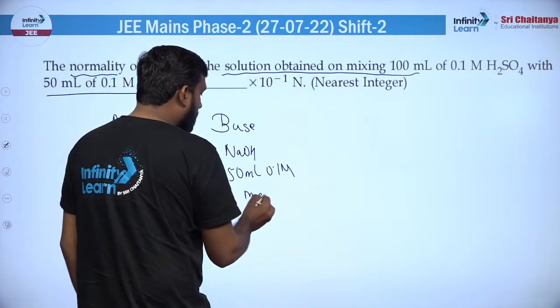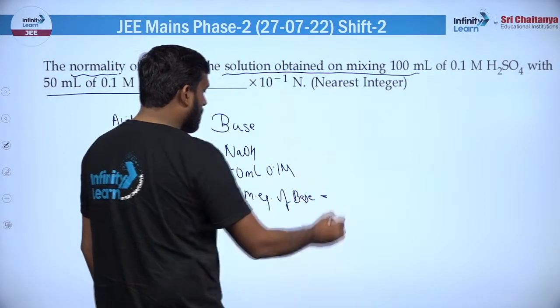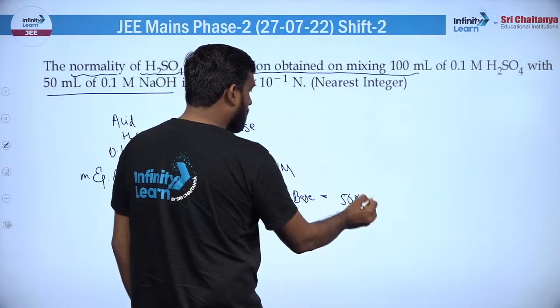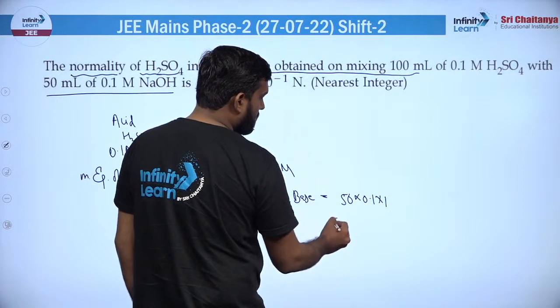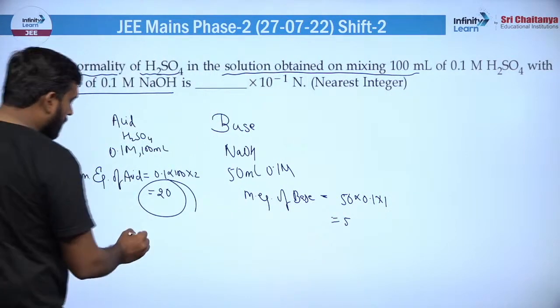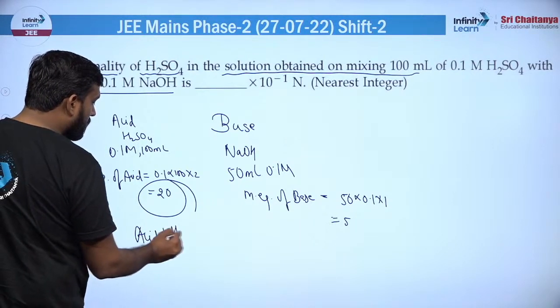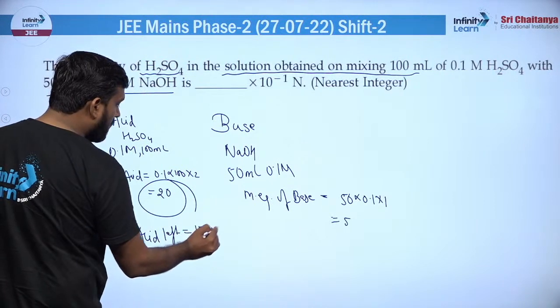आप यहाँ पे मिली इक्वलेंट निकाल लोगे, मिली इक्वलेंट ऑफ बेस निकाल लो। तो ये कितना आ रहा है बेटा, ये आ जाएगा 50 इंटू 0.1 इंटू 1। ठीक है, तो ये बेसिकली 5 आ रहा है। तो अब एसिड का इक्वलेंट ज़्यादा है तो एसिड बच जाएगा। ठीक है, तो एसिड लेफ्ट अगर हम बात करें तो ये बेसिकली कितने हो जाएंगे बेटा, 15 मिली इक्वलेंट हो जाएंगे।